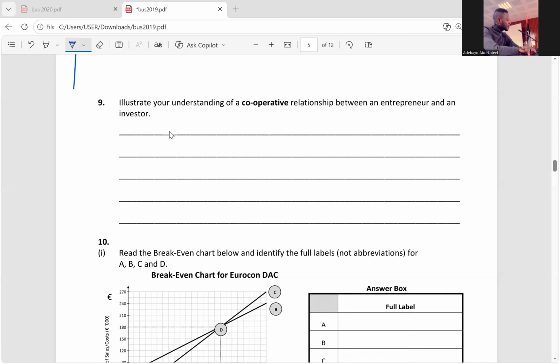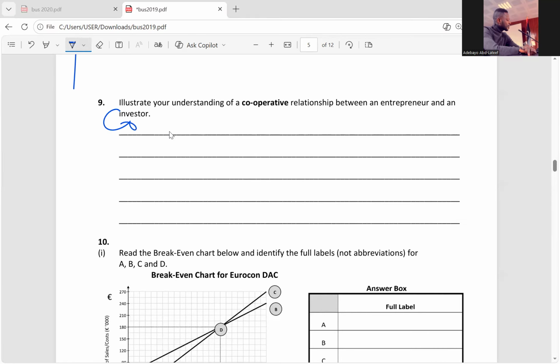The entrepreneur would use the business idea to produce a product. The financier or the investor would give the entrepreneur money to execute the project. Then the entrepreneur will be able to sell the product or service, which comes with profit. Then as soon as profit comes in, the return on investment is profit. So it's a win-win situation for an entrepreneur and an investor. Do you get the point there? I think it's clear. So let me just write it out, illustrating it.